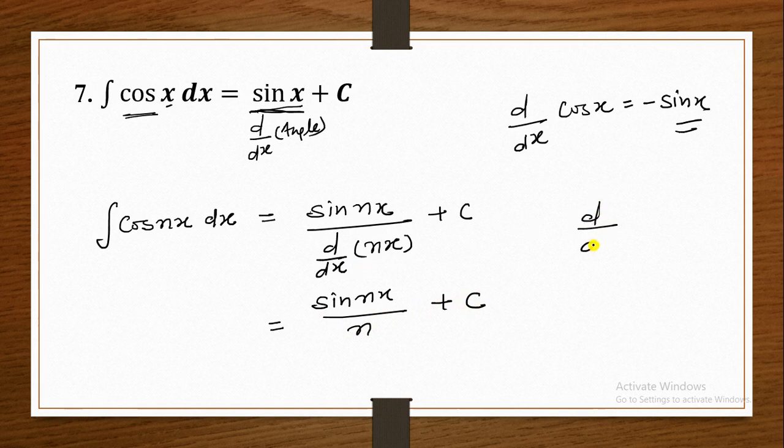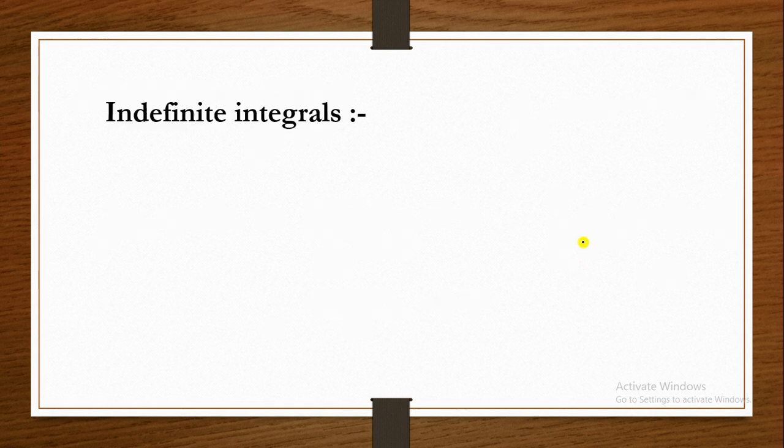For the solution of this differentiation, we know n is constant. Then write it outside the differentiation, dx upon dx. So the answer is n. This is also explained in previous videos. So next,